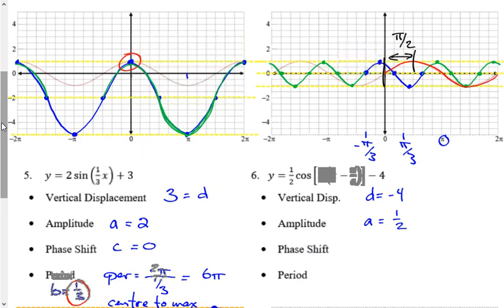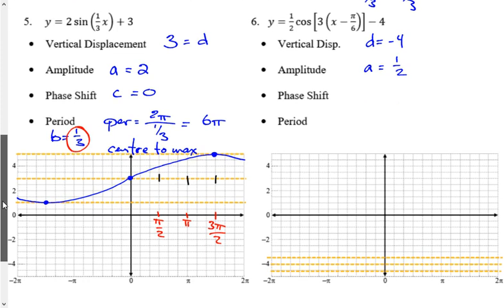So because I was doing things in a different order, I didn't stretch first. What's happening is I'm stretching around a different line rather than the x-axis. So what I did was I started by moving my center line from up here down to here, and then I'm thinking of that as being what I'm stretching around. So I don't think from there that I'm stretching on the y-axis, because then that would move the center line again. I need to keep the center line there and use the amplitude to stretch around that line. So we didn't do that in chapter 3, and we're not really required to do it. But with trigonometry, I just find it easier to find that center line and use the amplitude to do the